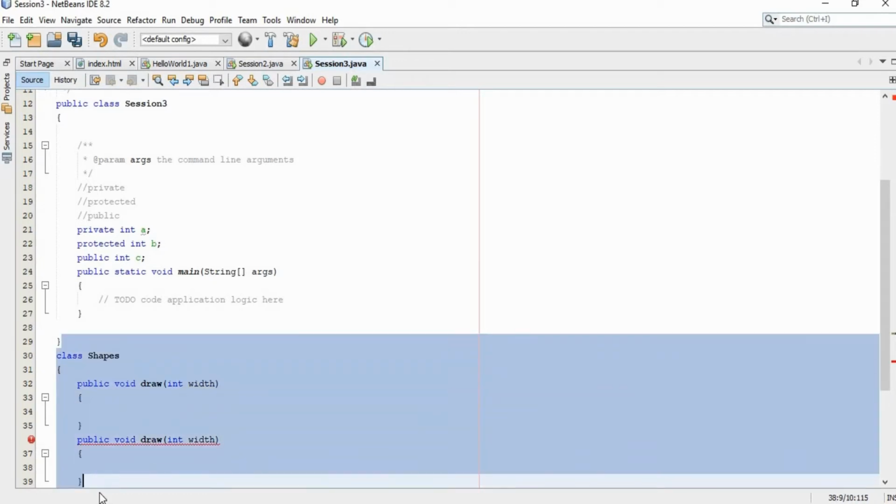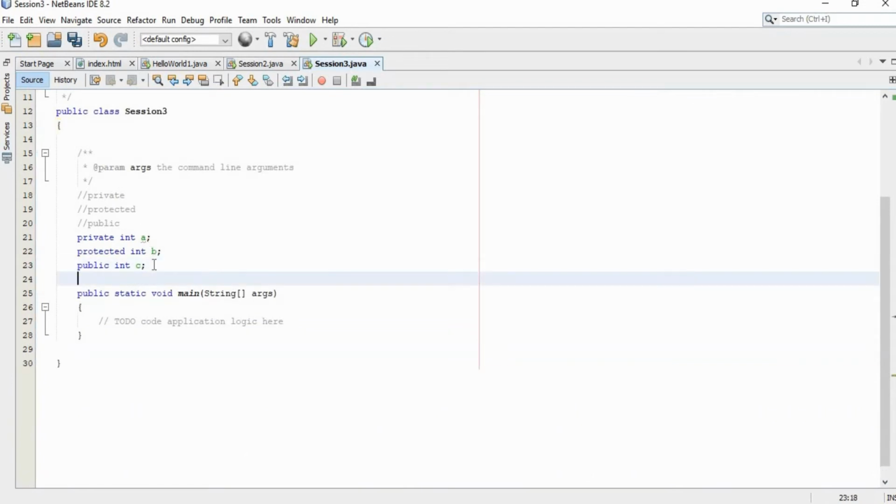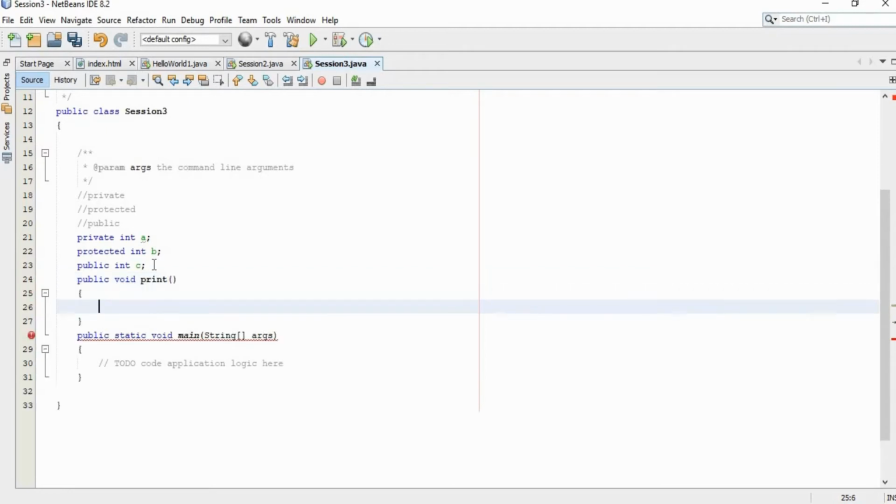So just remove this. Here what I am going to do is create a simple function, right? Public void print, right? Inside this function I am going to print some details.